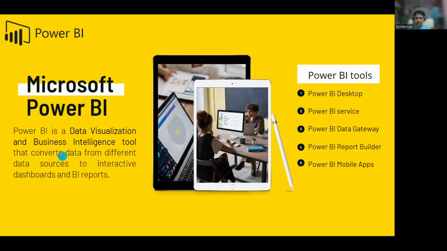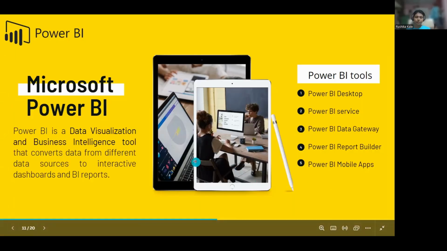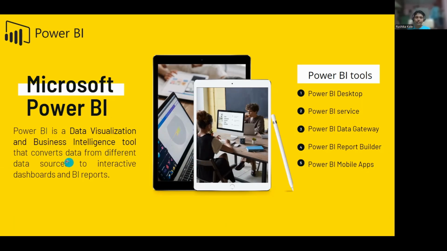There is a certain design which is going to be a report only, and a certain way which is going to be a dashboard only. And every time, reports are built on your Power BI desktop. And this is my Power BI desktop. I will give you the interface overview. But reports are created in Power BI desktop. Dashboards can only be created on Power BI service. You cannot create dashboards in Power BI desktop. So that is a high level difference between the two. But dashboards and reports are both different things.